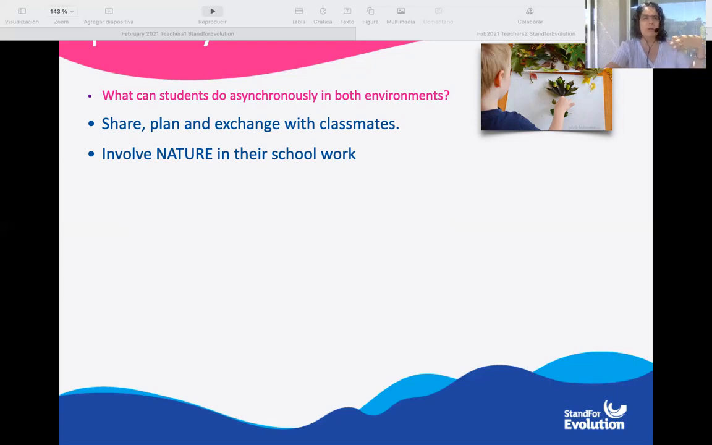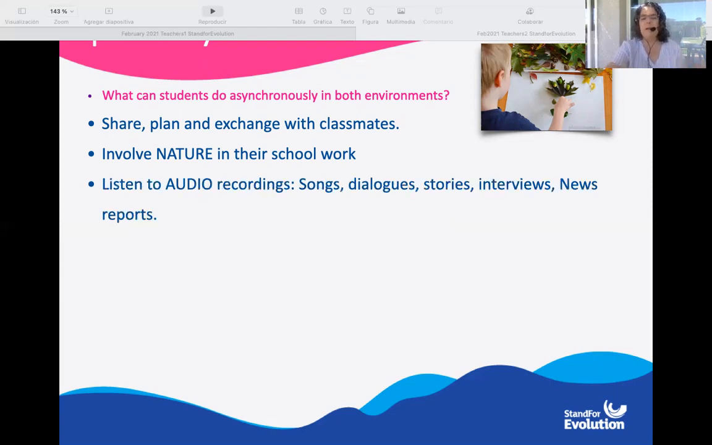So maybe you want them to go around, collect some materials, or you want them to observe certain things from nature. It's very important to get in touch with nature nowadays, because they have been too far from nature for a long time. Learners have the possibility, because of some tools and apps we have with technology,